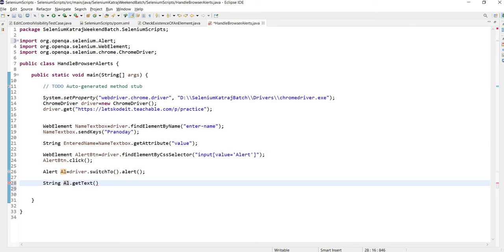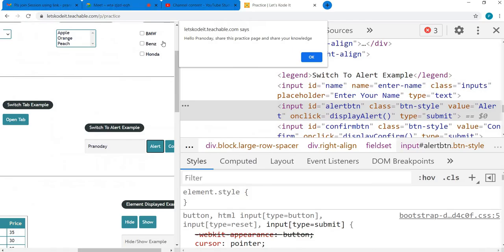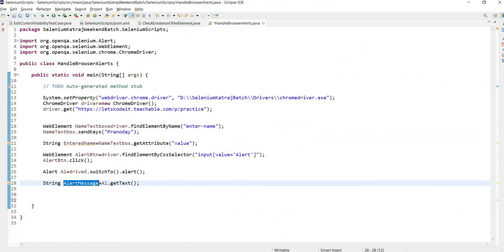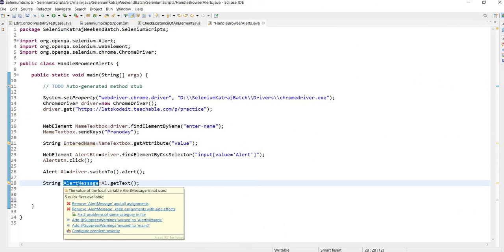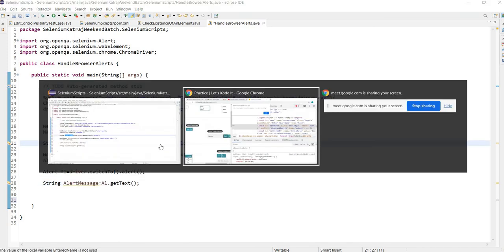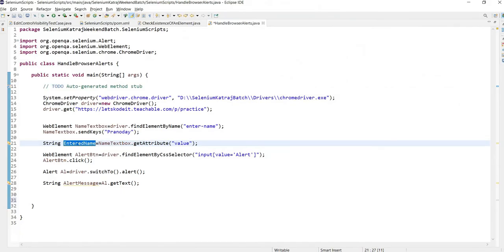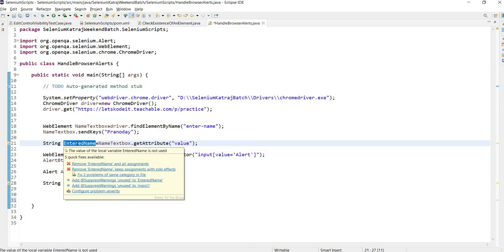I store it in a String, alertMessage. Right, so I got my message, the alert message here. Now I want to check whether this alert message contains whatever I had entered into this field, which I have already captured into this string variable.